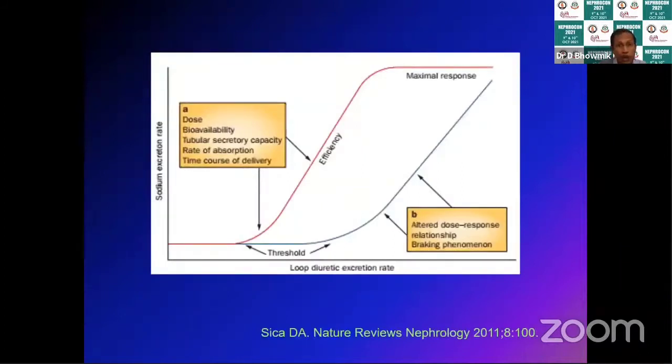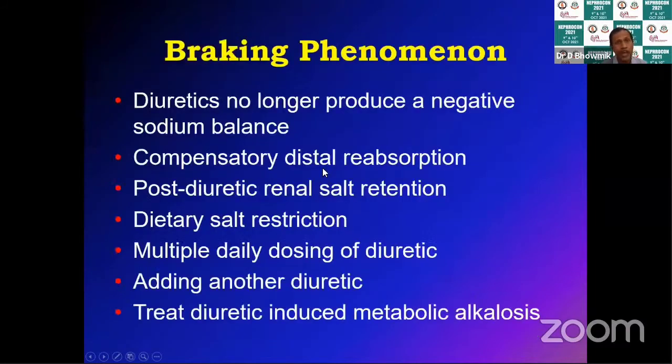Now, I'll briefly talk about when the diuretics don't work. So, what do you do? There's a problem. As you can see in this slide, the diuretics need a threshold dose, and then there's a steep rise. As you increase the dose, they act better, and then they reach a plateau or a maximal dose. So one has to be in this part of the curve and give the appropriate dose so that you have the best effect. And then what happens when they work initially and then they don't act?